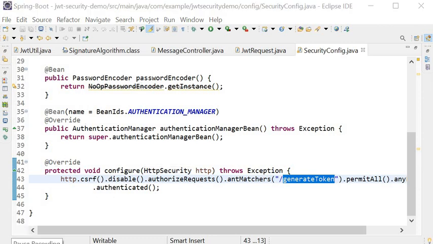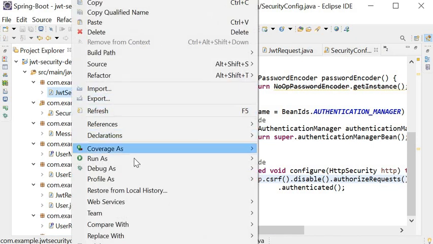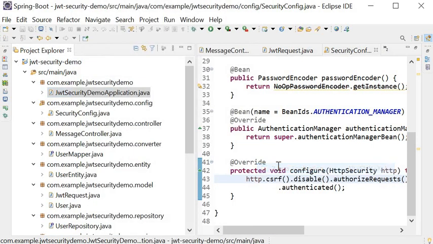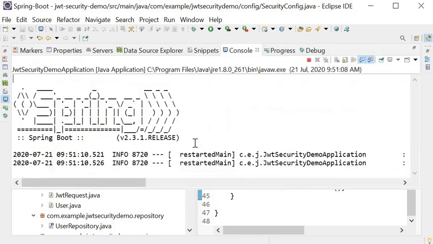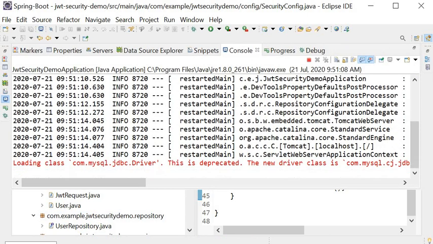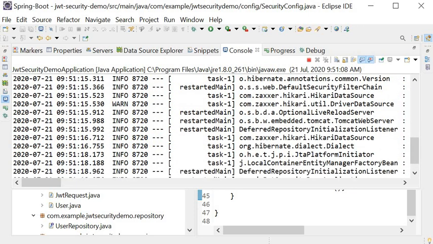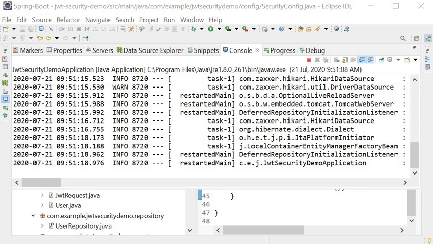Now let's verify this is working. So we will run this application first. Go to this class and run this application. Now our application has started.